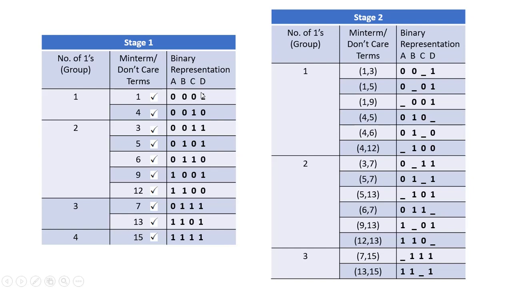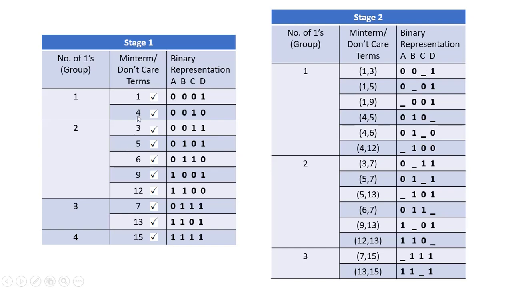Now wherever there is a 1 bit difference in binary representation, there we can form the pair. So suppose 1 is compared with 3, so here 0 same 0 0 0. Here there is a 1 bit difference, 0 1 1 is same, so there is a 1 bit difference, so we can do the pairing 1 and 3. And here there is a 1 bit difference at this position C, so we can remove this C variable here and we will place a dash here.